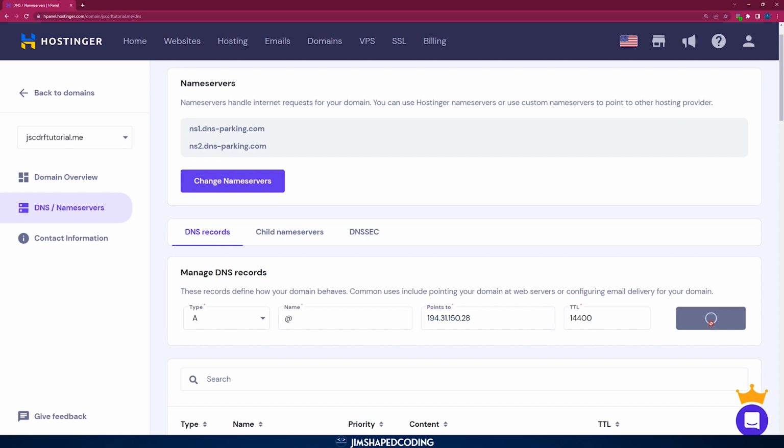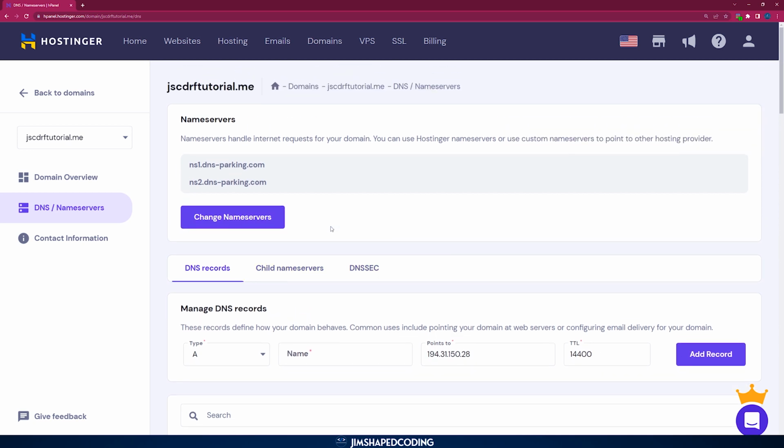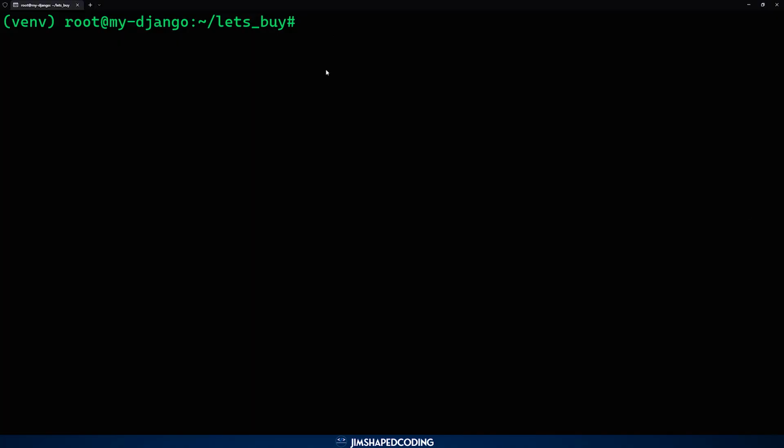Meaning that if you add this record, then whenever you access the domain name jscdrftutorial.me within your browser, it is going to show you the same result as accessing from the IP address. Now this is step one. That is something you really need to do in order to make the domain name work and map it to your server. Okay, so from the server side, meaning from the VPS side, there is one more thing